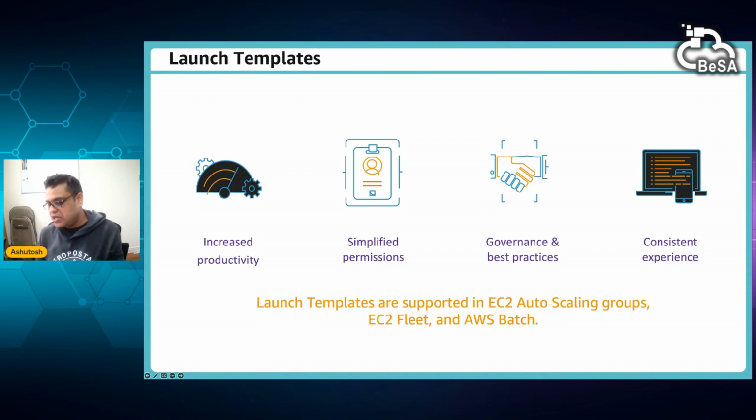So earlier it was an EBS volume of 100 GB per instance. Now you can have an EBS volume of 500 GB. You can change a security group. You can change whatever changes you want to make. You can have it as a second version, and you can use that for new auto scaling groups, or you will use it as the default template for all the EC2s going forward, right? So this is what launch template provides, and obviously it increases the productivity because all the configurations are centralized. EC2s will take those configurations, and all the new EC2s will be spun up using that, right?